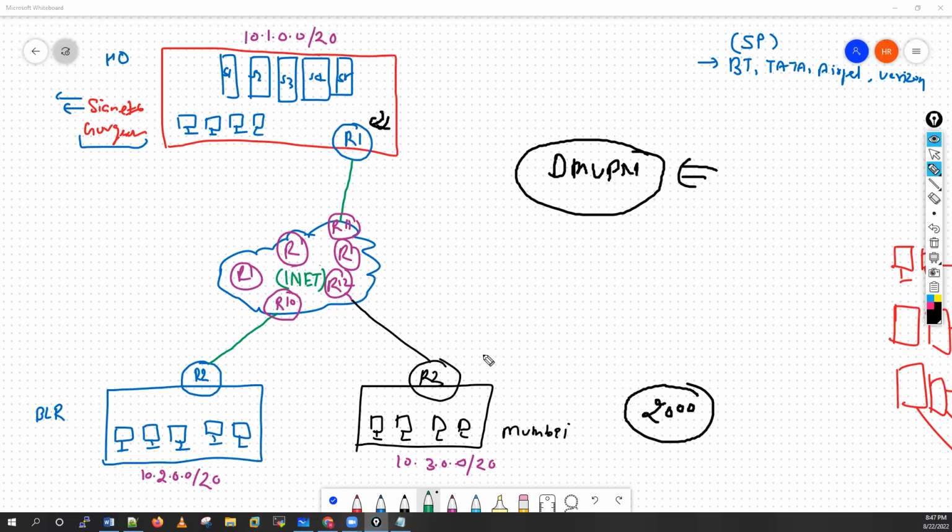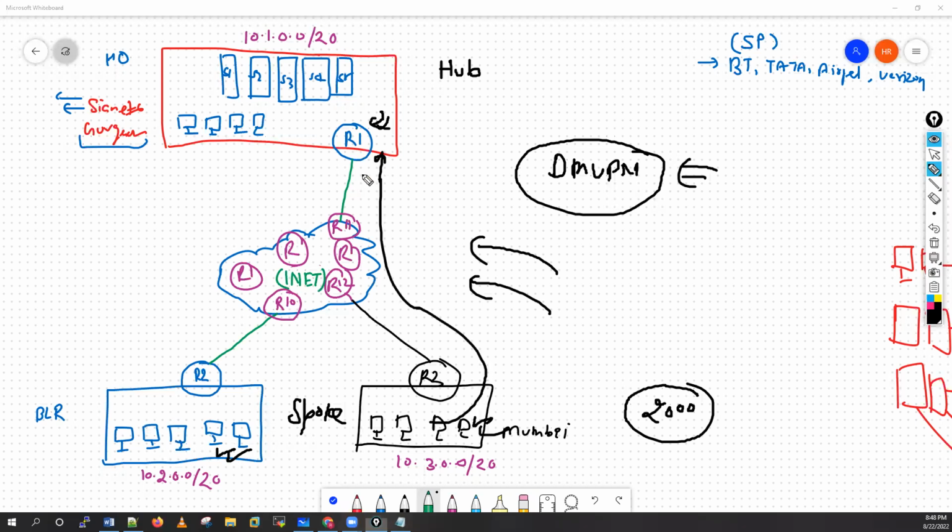Let's suppose you want to do some kind of traffic engineering, where you want to achieve a hub and spoke kind of topology, where all the traffic will go through your data center. Let's say these users want to communicate with your branch office in Bangalore, then that traffic will go to the data center first, then it will go to this particular site. So if you want this kind of traffic engineering